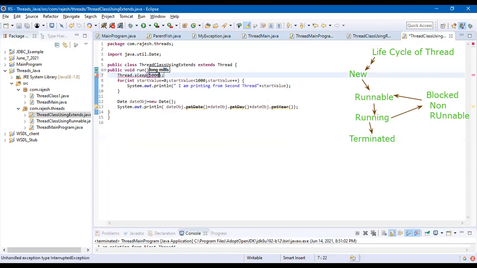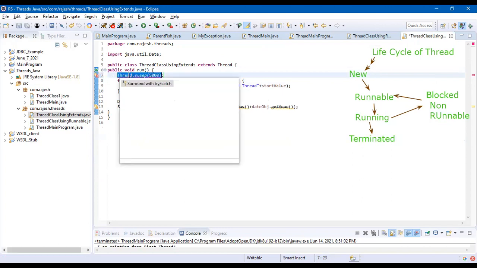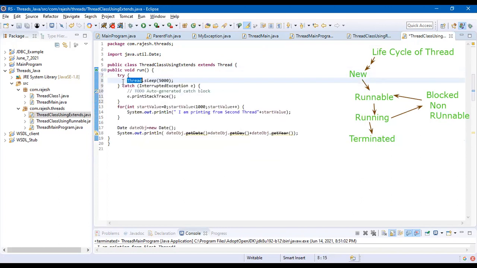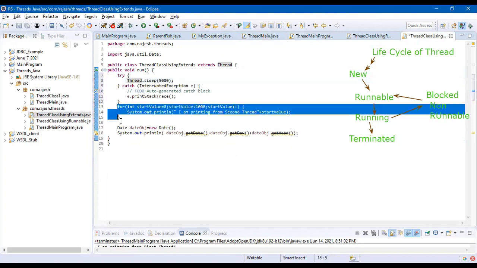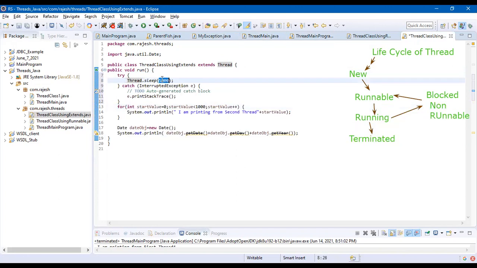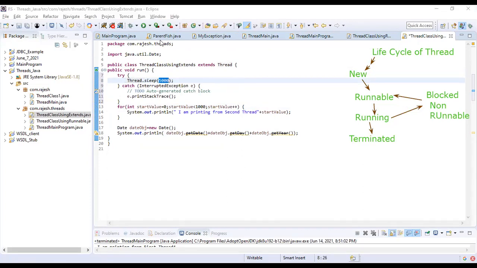Yeah, just like sleep, like a number of seconds. So this is a non-runnable state. When we give thread.sleep, it means the thread cannot execute beyond this point. Up to 5 seconds, it has to wait. Okay, that we call non-runnable or blocked. In that case, this is called the blocked state or non-runnable state.